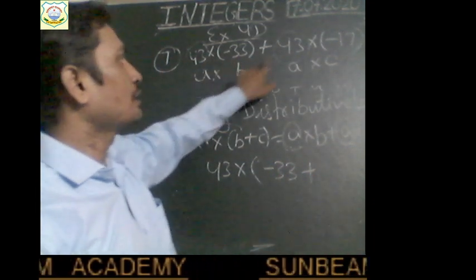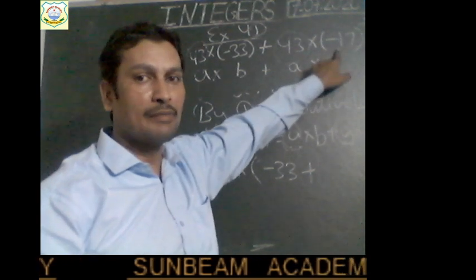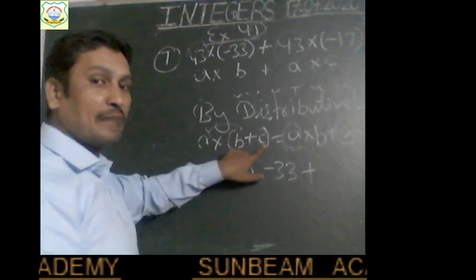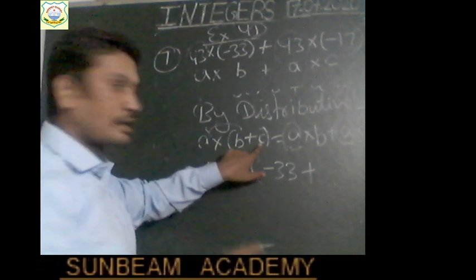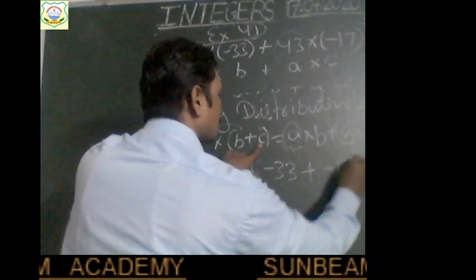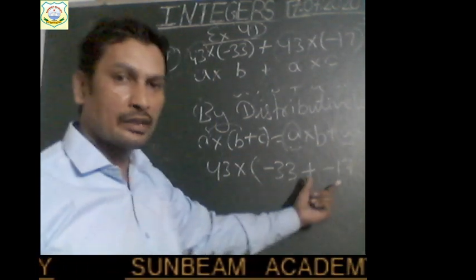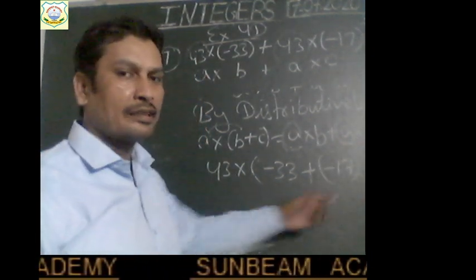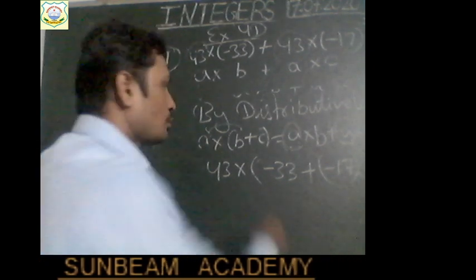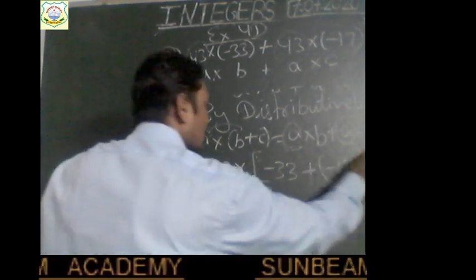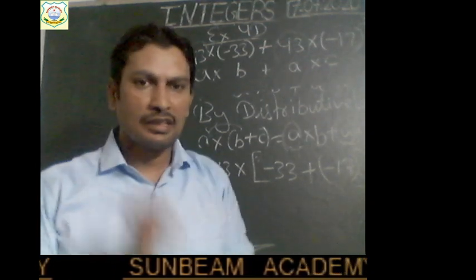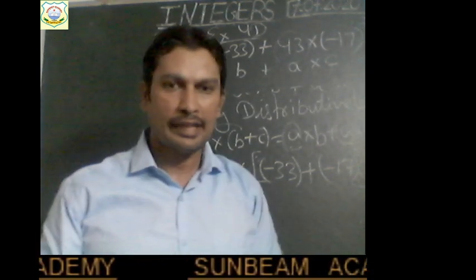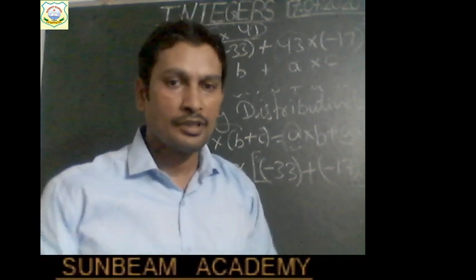A into b plus a into c. In place of c, here you can see minus 17 is there. So in this formula, a into b plus c, we will write minus 17 in place of c, right? So here plus minus 17. But two signs are together at the same place, so we will use a bracket here, okay? And we cannot write a small bracket inside another small bracket, so the outside bracket will be converted into a square bracket. This is the way how to write, okay? This is a negative integer, so write it inside the bracket. Right? This is a good way to write. Right children? Now solve this.